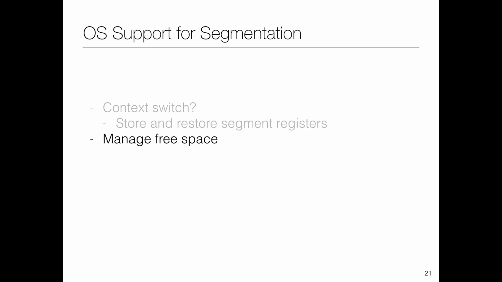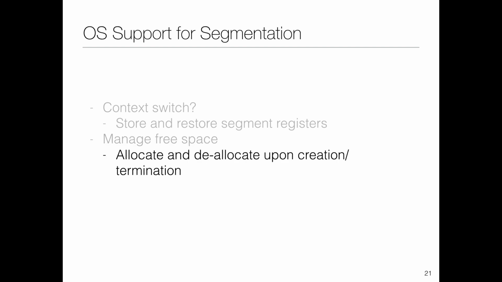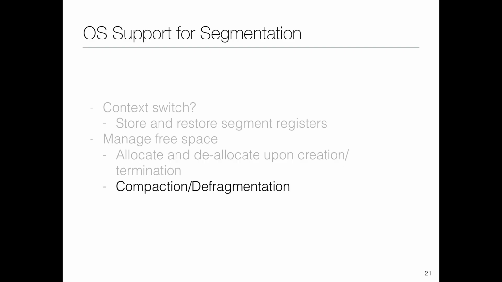Okay, so what does the OS have to do for segmentation? In terms of context switch, what does the OS have to do? Store the current set of segment registers, restore the newer process's segment registers. The OS has to manage free space, which is allocate and deallocate upon creation and termination. And it also has to periodically do some compaction or defragmentation in order to ensure that new processes can still